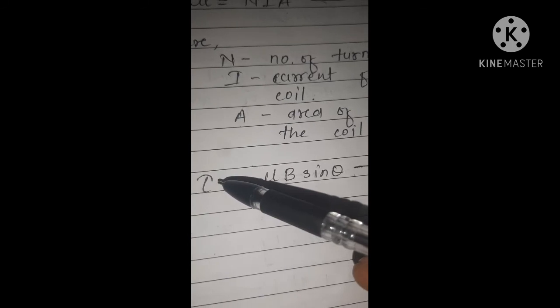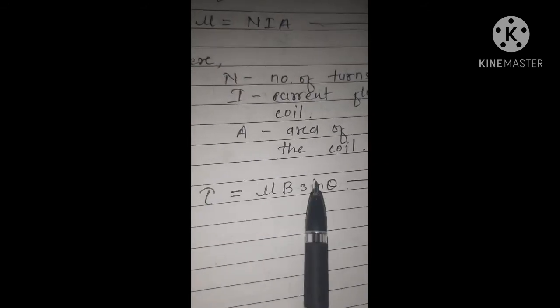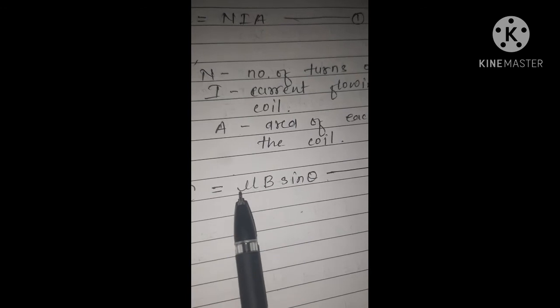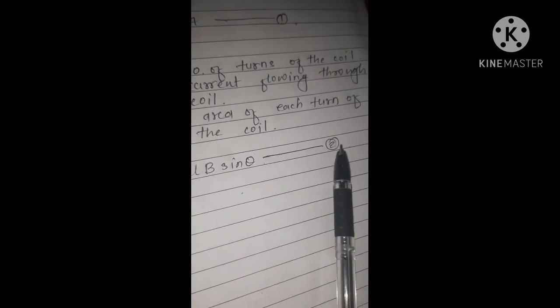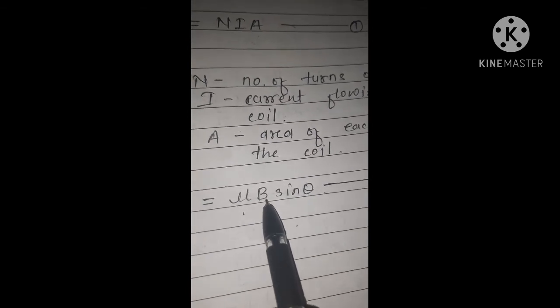We know that whenever a current carrying rectangular coil or circular coil is placed in a uniform magnetic field, then the torque acts on that coil. So this torque is given by this equation, mu B sine theta. Suppose that is equation 2, where mu is the magnetic dipole moment and B is the uniform magnetic field, and